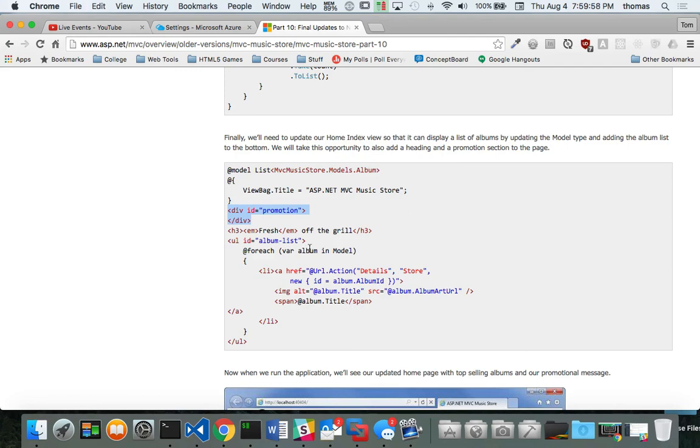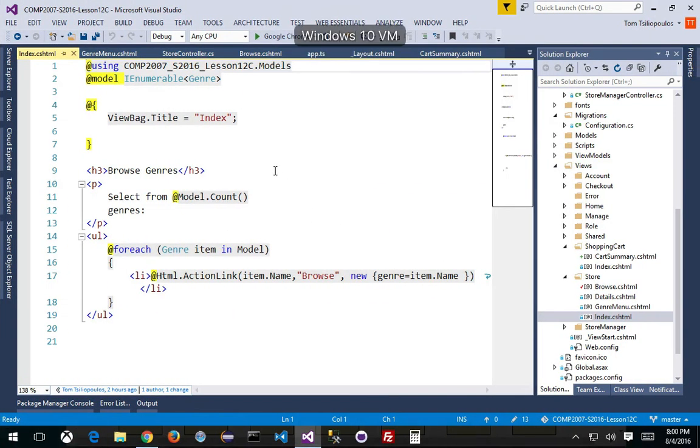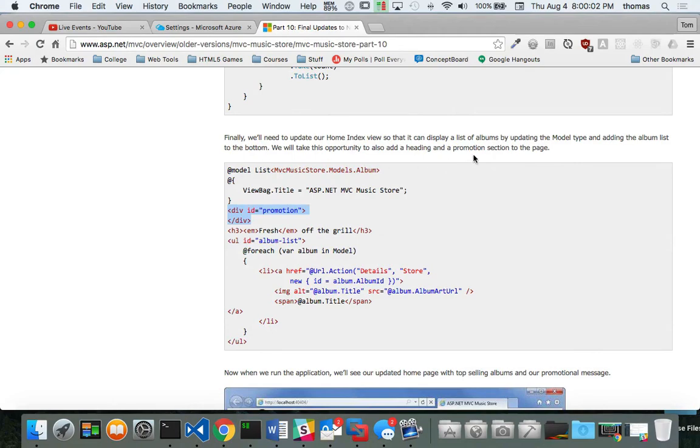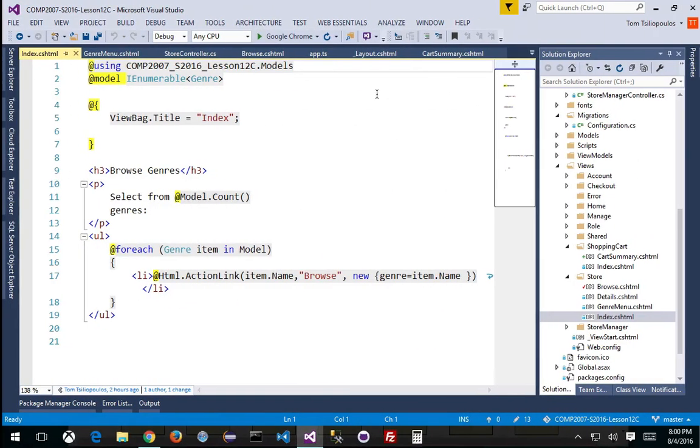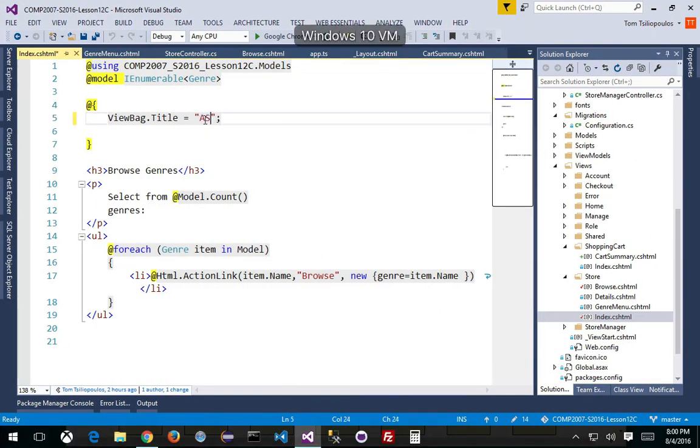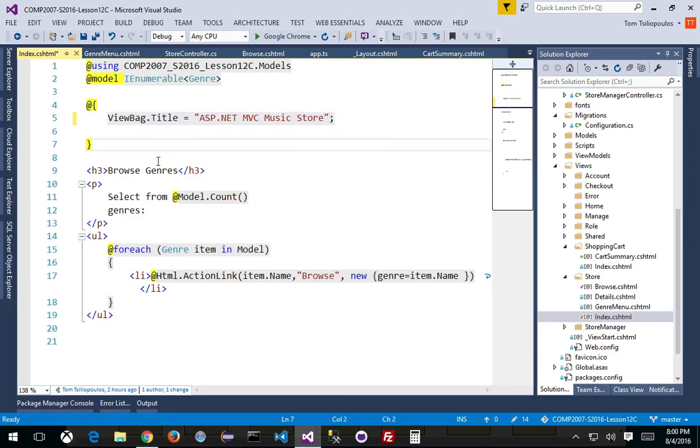Yes. So after I do my view bag, instead of the title being index, we have to say ASP.NET MVC Music Store, ASP.NET MVC Music Store. There we go. And what I want to do here